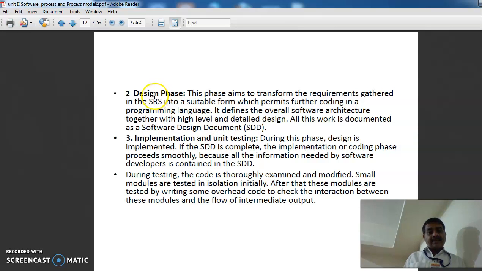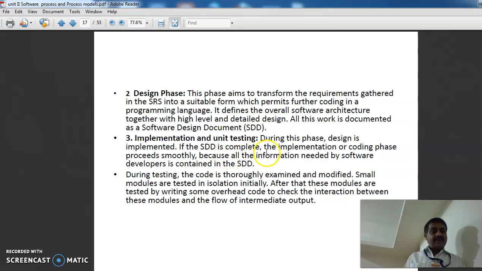After the second phase, implementation and unit testing occur. During this phase, the programmer team implements the design. If the first and second phases are completed, then it moves into implementation and unit testing.